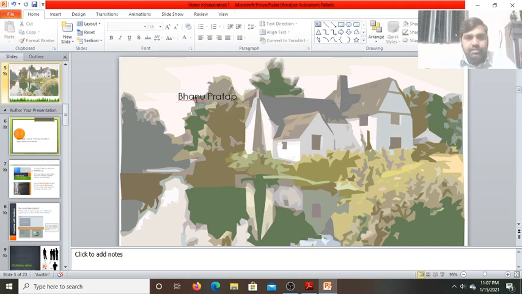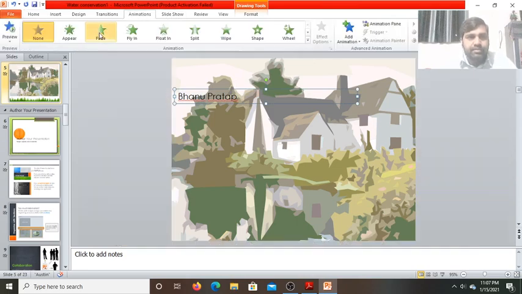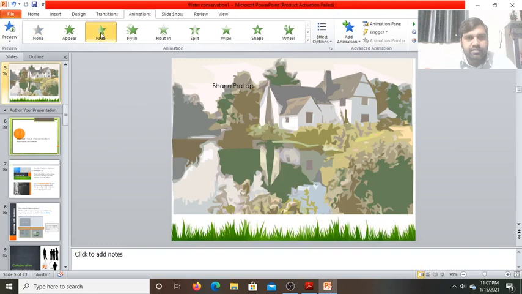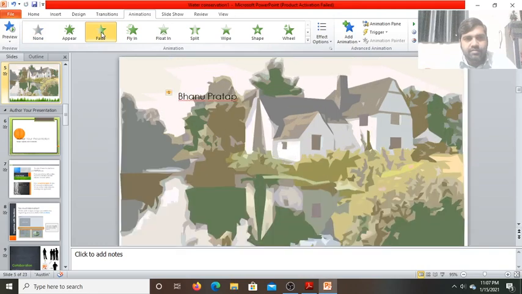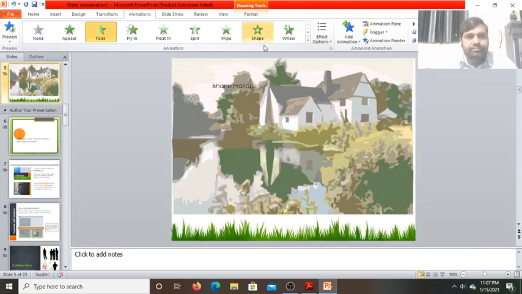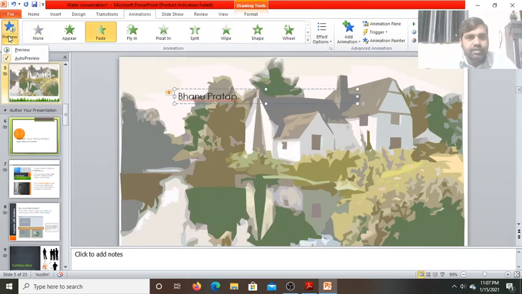Now I want to apply the animation on this. See, Fade. Now you can see the preview.